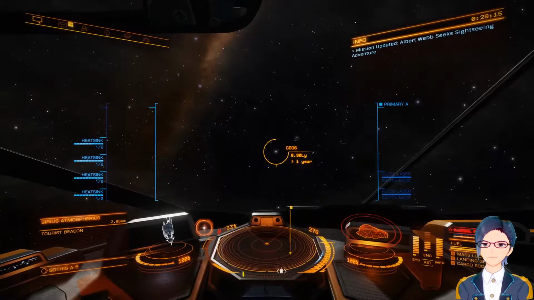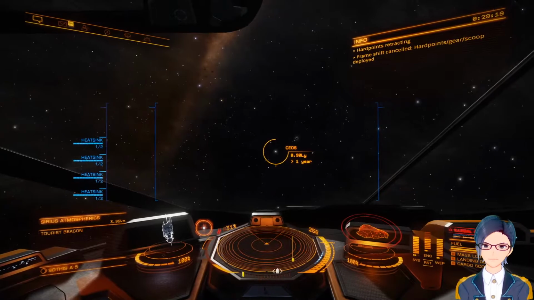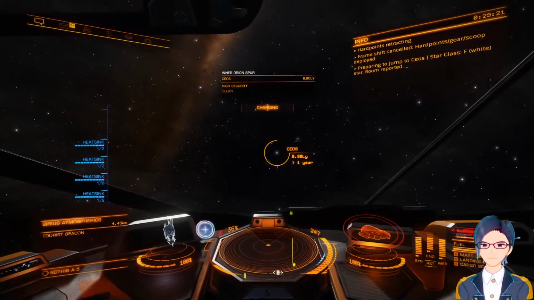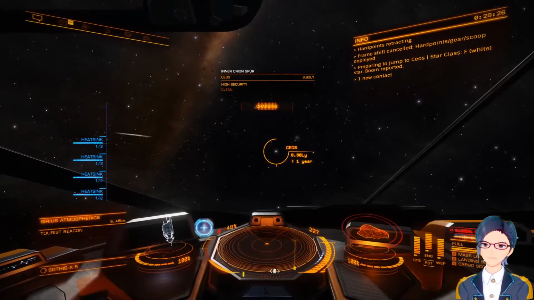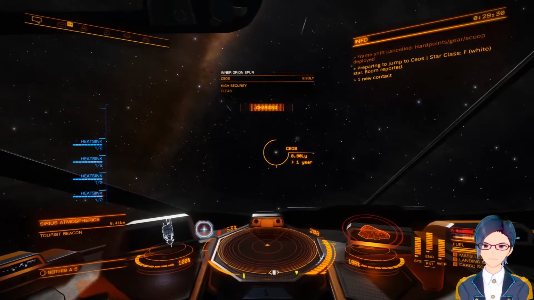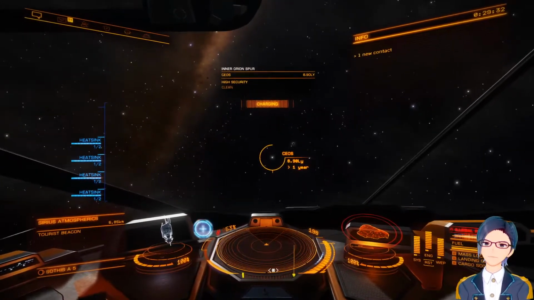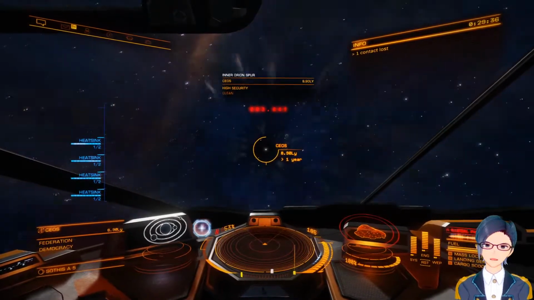For those of you who don't know how to do that... Oh, my hard points are deployed. Oops. For those of you who don't know how to go into third-person mode, by default, it's left alt and space. I only found that out by looking it up today. 4, 3, 2,